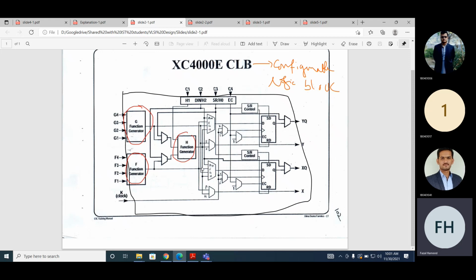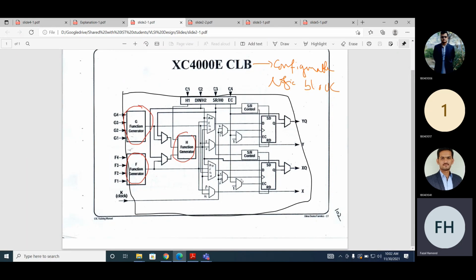Then the F function generator and the H function generator. And there are some multiplexers. Can you see these multiplexers? There are also some multiplexers here. There are 2 flip-flops. Can you see the flip-flops?